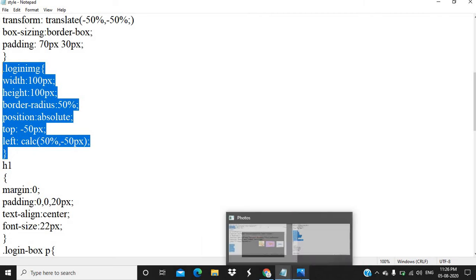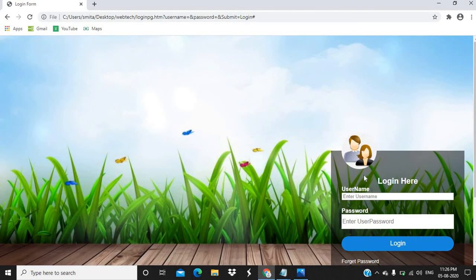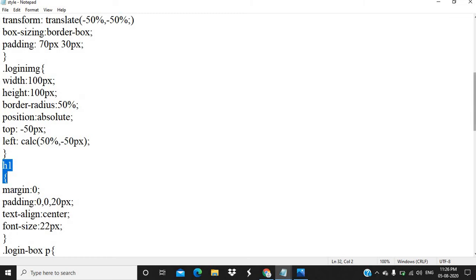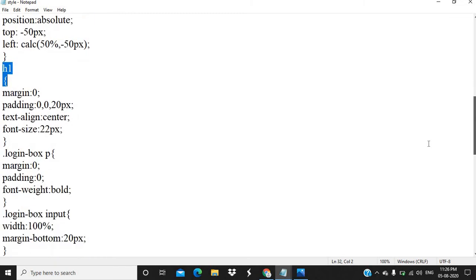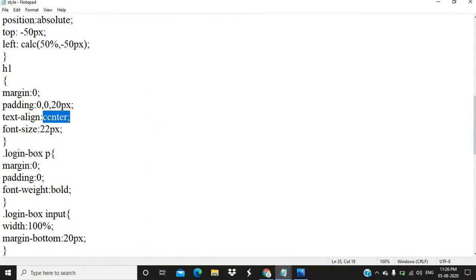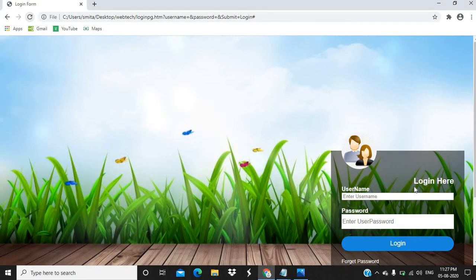After that, H1 is nothing but my heading, where basically we want to place that heading level. So that can be decided with the help of H1. So over here we have given the font size, alignment. Suppose I want to specify it in the center, so I am giving over here center. Wherever you want to place, you can mention it over here. That is right, center, choice is yours. But whichever changes you make, save it and refresh. So it is appearing on the right hand side.